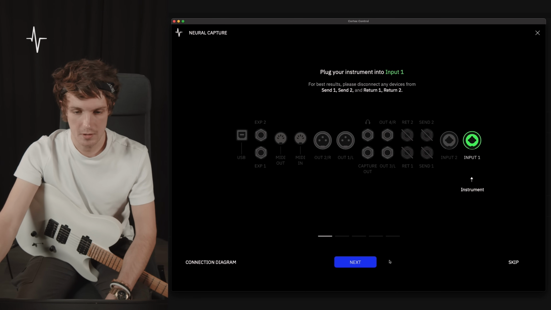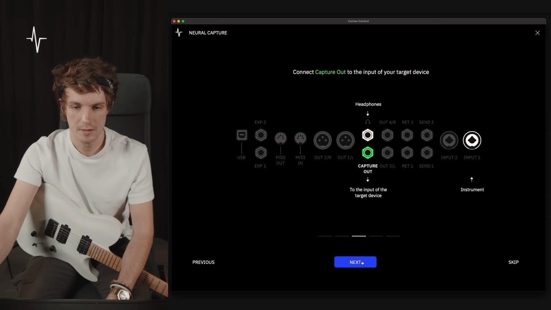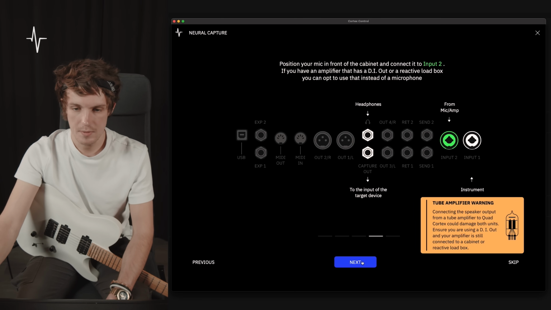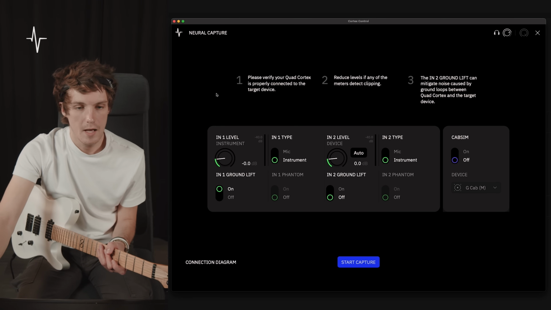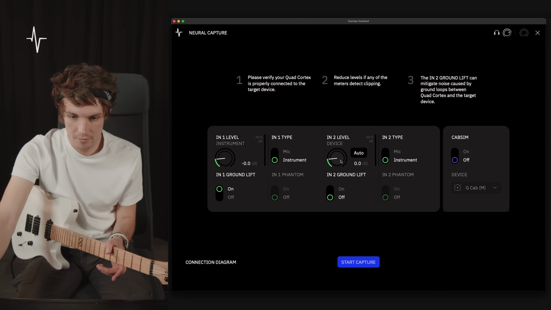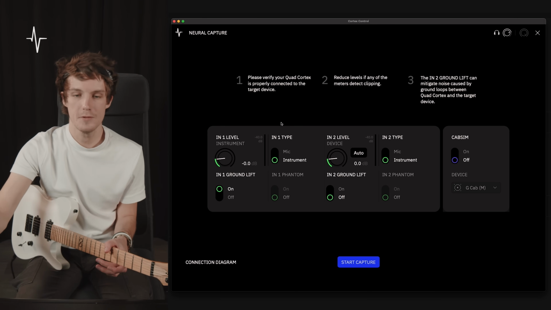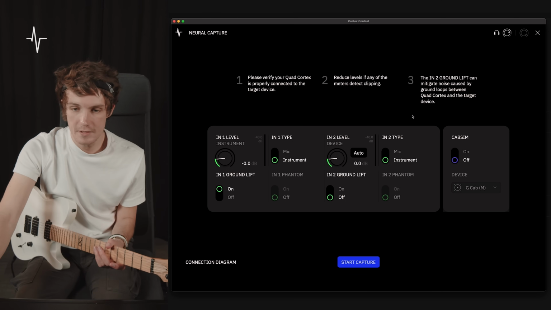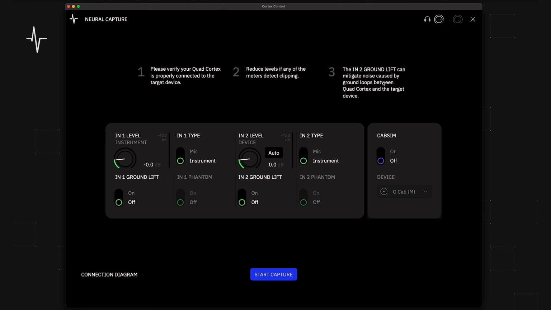So for now, I'm just going to go through these step by step, making sure that everything is connected as it should be. So when you've gone through all those steps and everything's hooked up, you will be greeted with this screen. So this is going to be familiar as you've got all of your levels for your instrument, your target device, your auto gain, as well as the ground lifts and phantom power if you need those. But a relatively new feature as part of a recent Quad Cortex update is the cab sim. So when I select on,